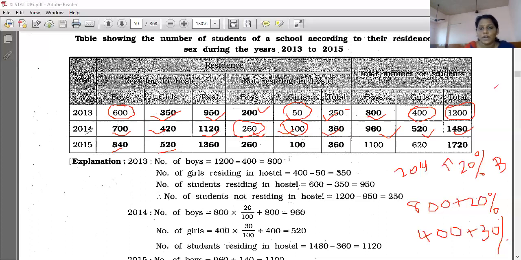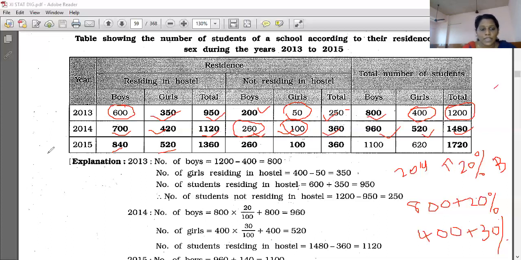See, children, if you are not understanding what I am saying, listen to it again and again. If you repeatedly listen to the calculation, you will come to know how I am explaining this. If you listen one time, it is not possible for you to understand what I am saying. The benefit of recording videos is that you can hear it again and again whenever you want.